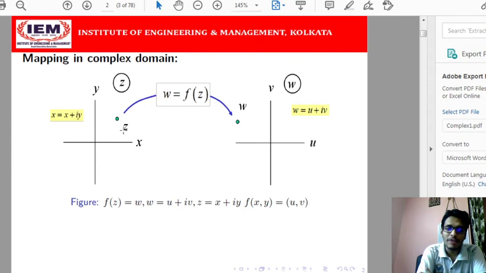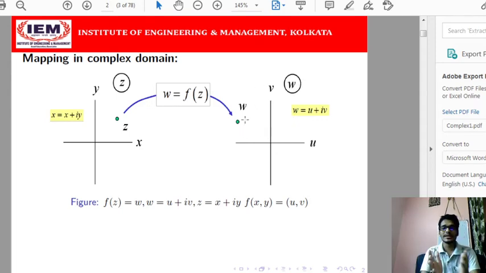If I join all the points in the z plane, you know that in 2 dimensions I will get an equation, or a 2 dimensional figure. That can be a circle, a straight line, an ellipse, a parabola, or a hyperbola. So we get different sorts of geometrical figures if we join different points by varying the value of the independent variable z. Corresponding to all these values of z we are getting the values of w, so similarly, if we join all the values of w, we will get a 2 dimensional figure in the w plane.